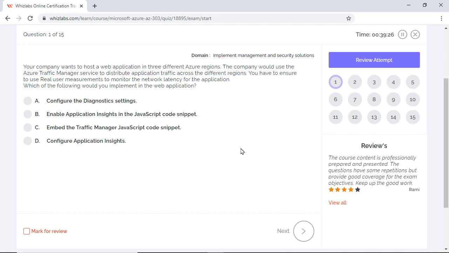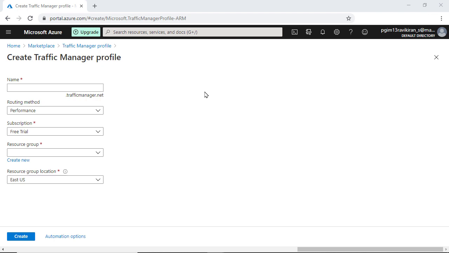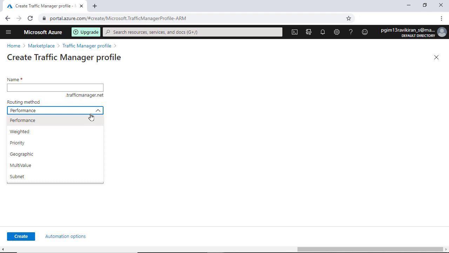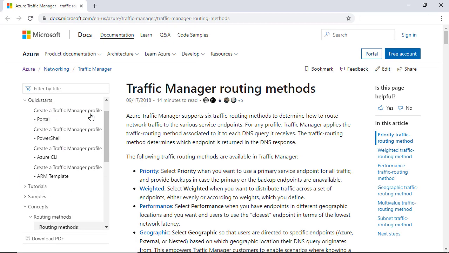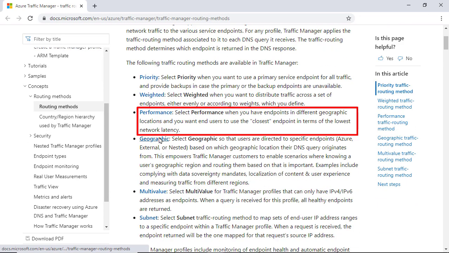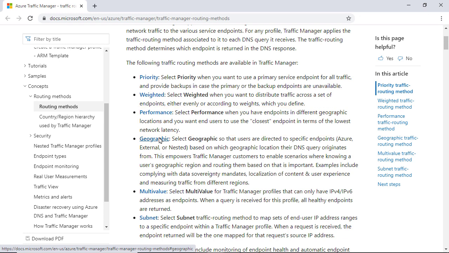Now, there are a lot of things going on in this question, so let's break them down. First, when you create a traffic manager, you can configure it to use different traffic routing methods like performance, priority, and so on. These methods determine how to route traffic to various endpoints. For example, the performance routing method routes the traffic to the nearest endpoint in terms of lowest network latency across different regions. You can enhance the accuracy of the traffic routing request by Traffic Manager to different regions by configuring